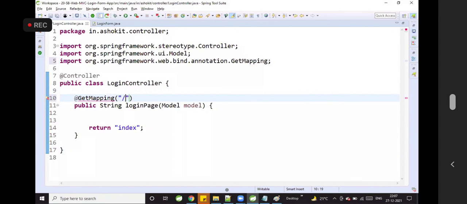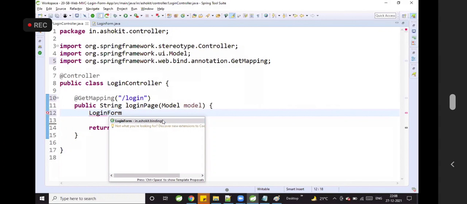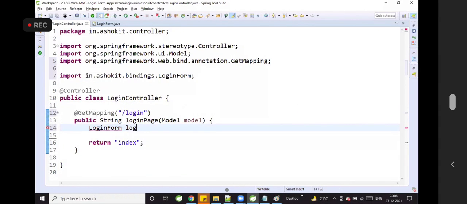@GetMapping /login. Now here I'm going to create one empty object, login form, binding object. LoginForm is equal to new LoginForm.